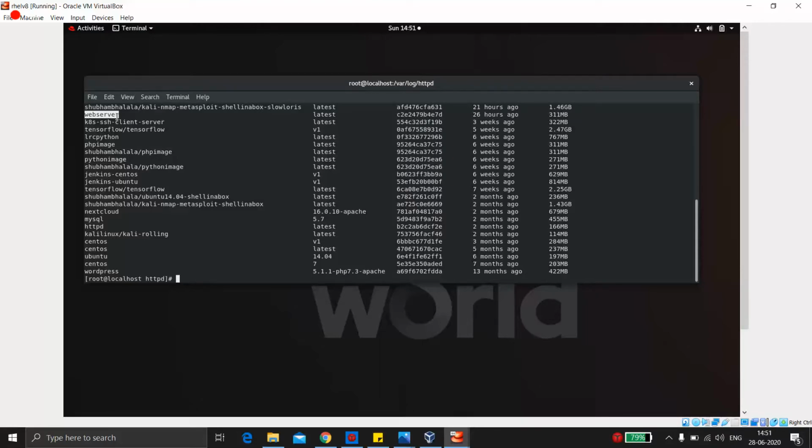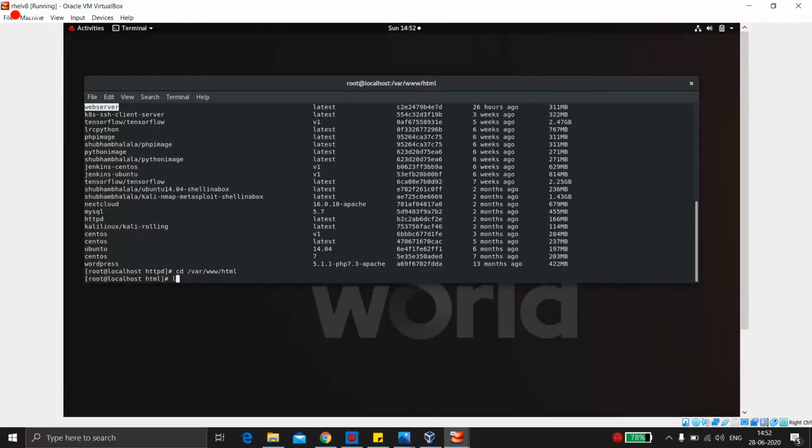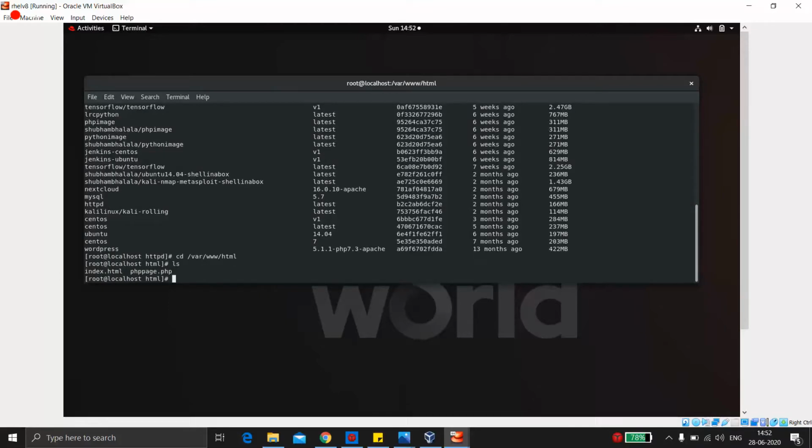So basically this is the document root directory for the Apache web server to read files. You can even check it in your local system if you have Apache, or the HTTPD server, at /var/www/html. This is the place where the web server reads the files from.